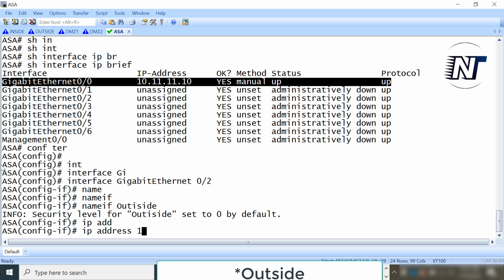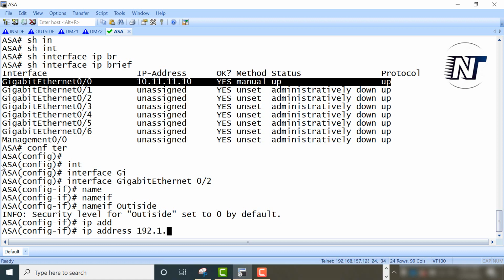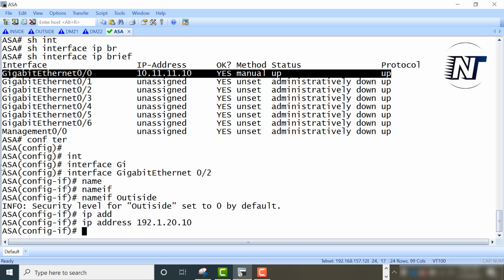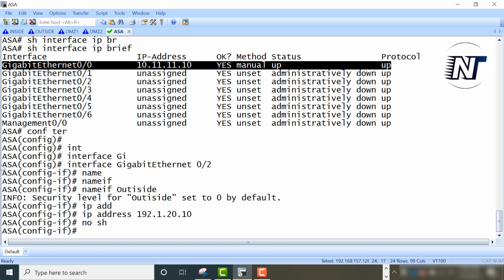IP address 192.1.20.10 and /24 is the default mask for class C. If I want to, I can put the subnet mask over here, but I don't do that. Let me just put the enter over here. Yes.